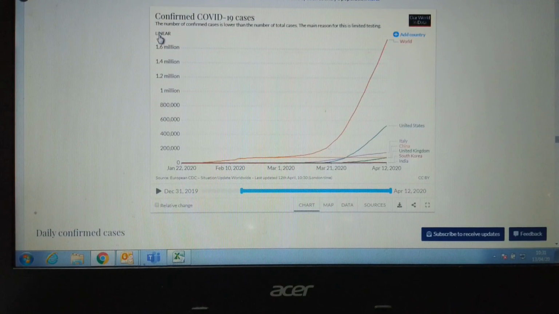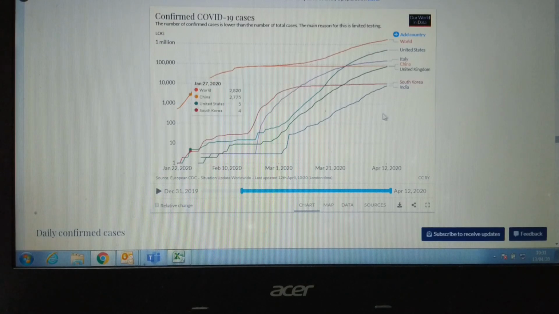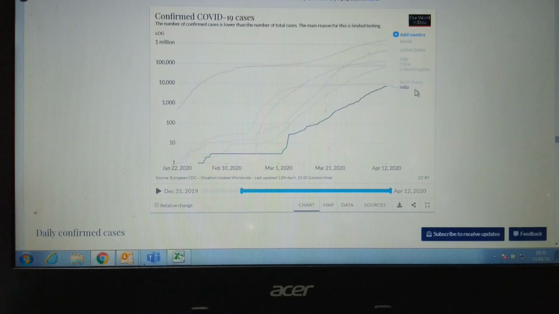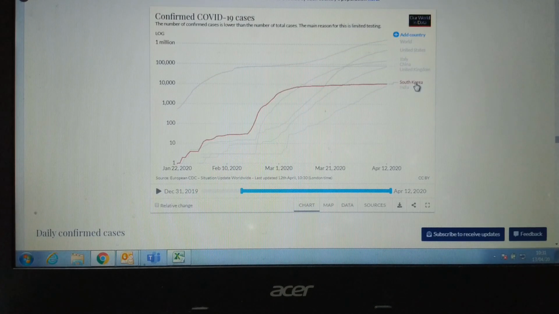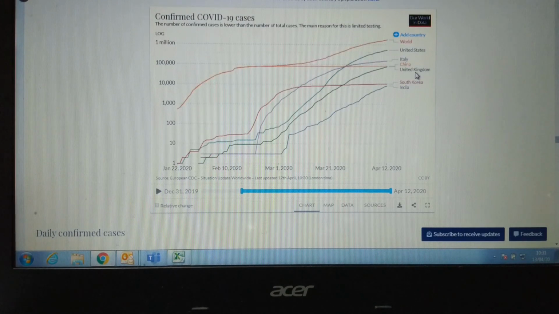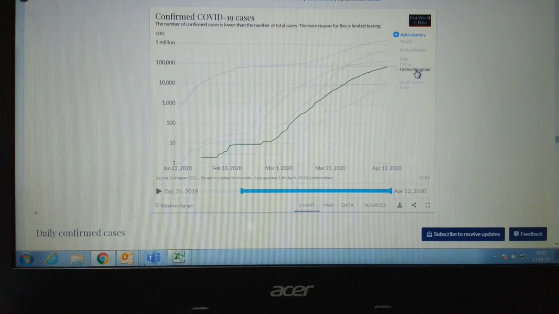So again, with a linear curve, we cannot make out much. See, India is still on a rising trend. This is India. If we go to South Korea, they have already flattened the curve. United Kingdom, not that great. India and the United Kingdom are maintaining the same slopes. United States is also maintaining the same slope. So it is difficult to predict when the United States and United Kingdom are going to reach the plateau,